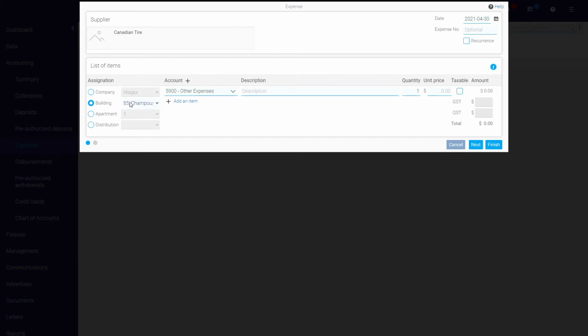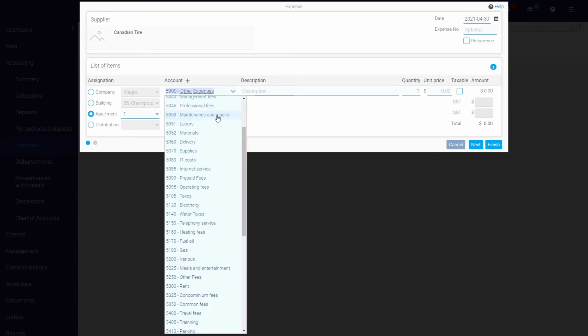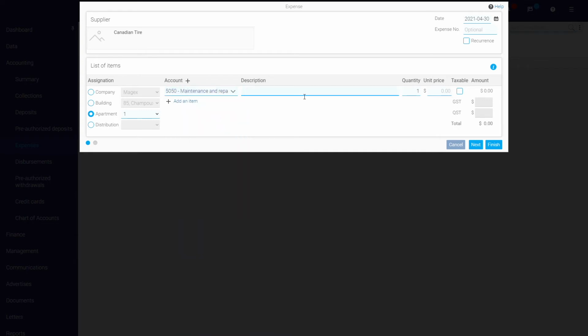And if you have several buildings, you will be able to click on the scroll down menu and choose the building that you want to link. If you, for example, do a specific work in a specific unit, for example, you have done some paint, just select the good apartment. Here I have my account maintenance and repair. This is the one I want. I will enter, for example, paint